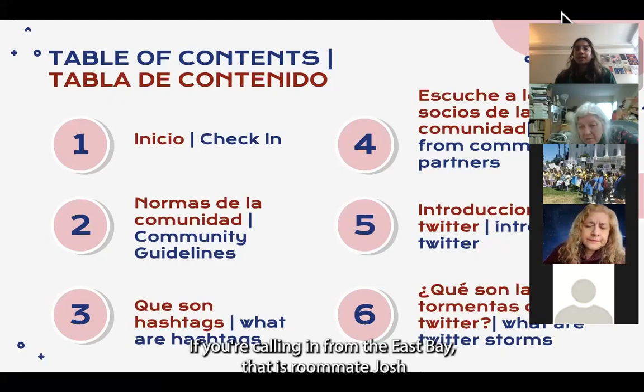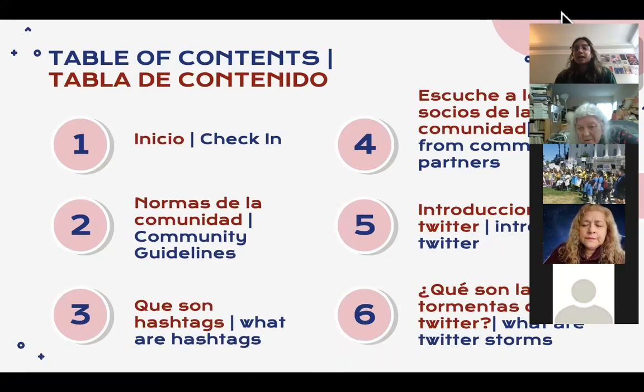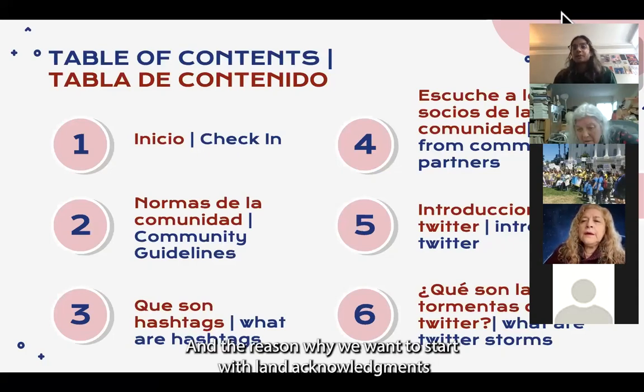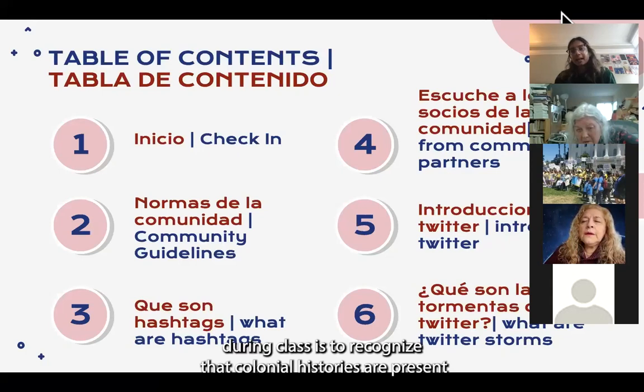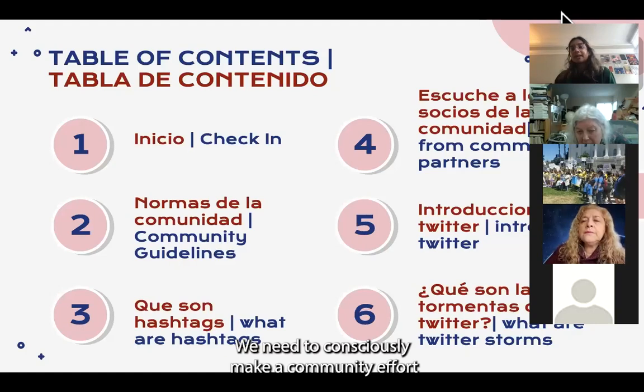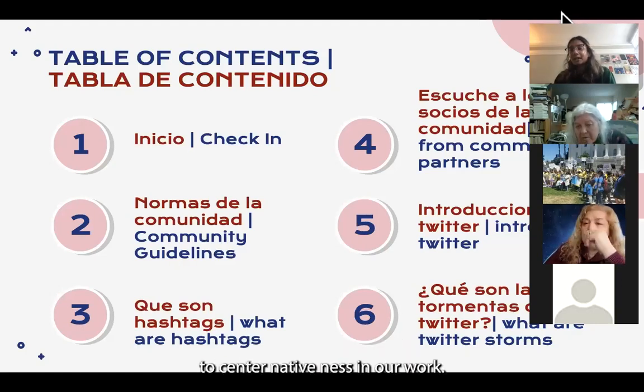If you're calling in from the East Bay, that is Chochenyo Ohlone territory and Lisjan territory. The reason we want to start with land acknowledgements during class is to recognize that colonial histories are present and in the now. And in order to disrupt systems of white supremacy, we need to consciously make a community effort to center nativeness